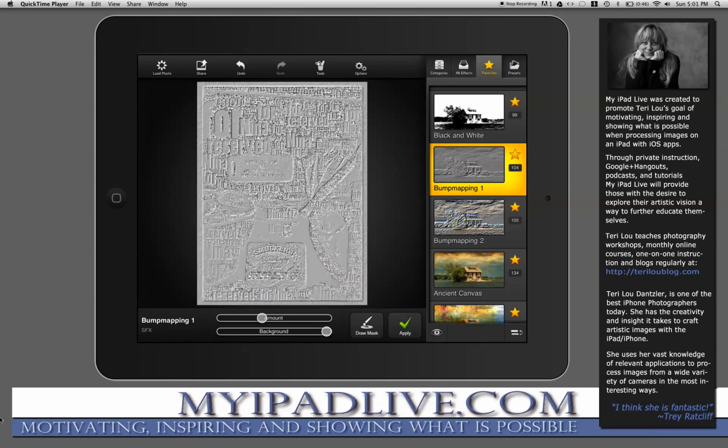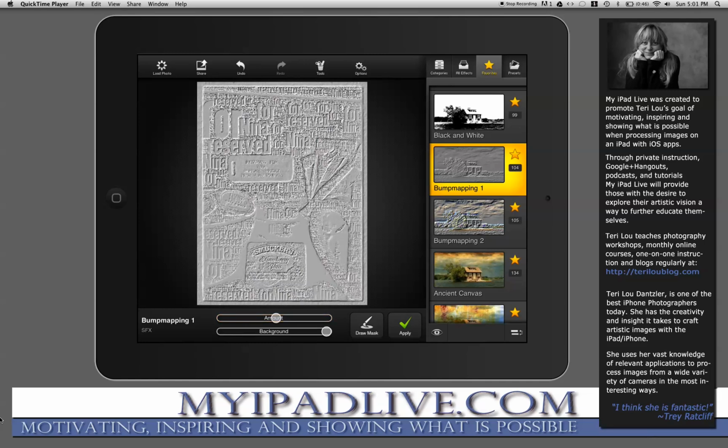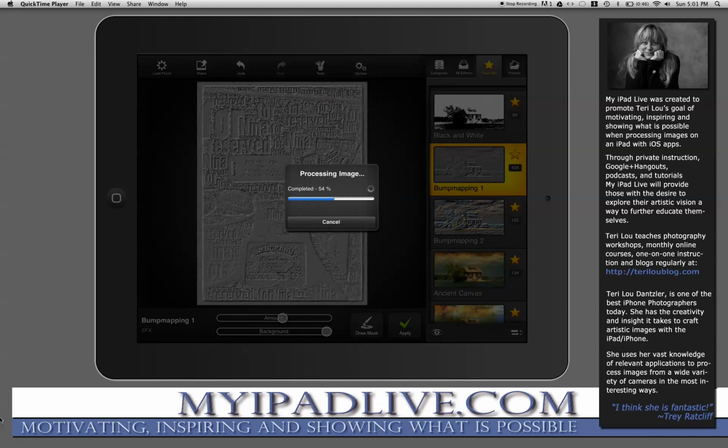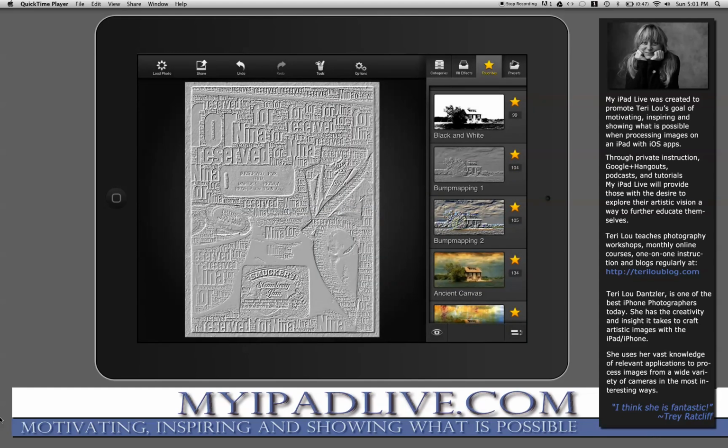One of the things that I want to do, because I know I want to use this as a blending layer, I like to make it as white as possible so most of the image can go back into the blending layer. So I bump up the background to 100%, all the way over to the right, and the amount again is just up to your choice. Usually for something like this, I'll have it pretty strong. Now as I hit apply again, like I said, you'll see it'll define it just a little bit better and not be so muddled. See, there it popped in much clearer. Now I'm going to save this layer